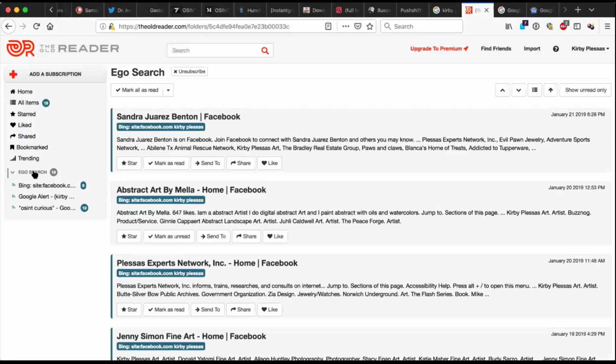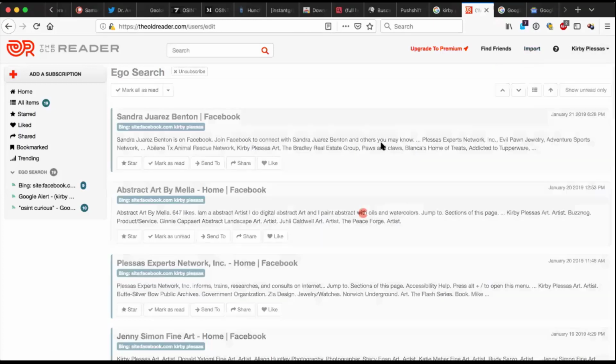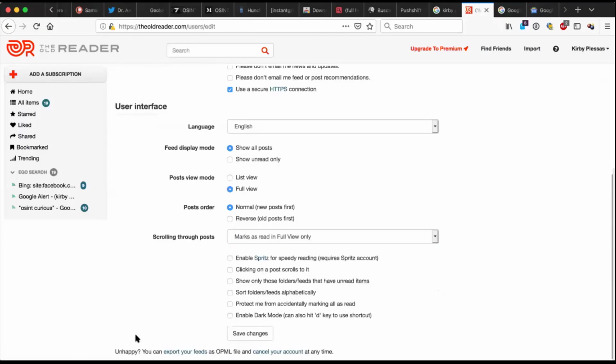Yeah, you can share your feeds as well. So one of the things that I have been debating is curating my feeds down a little bit and sharing it. So in the case of the old reader, in the upper right corner, we've got the little import button, so you can import somebody's feeds. But if you go to the settings, so I'll click on my name and then manage settings. At the very bottom, they have something that says unhappy. You can export your feeds, and you don't have to export just because you're unhappy, but you might want to share them. So I can export my feeds as a very small OPML file, email it to anybody, text it to anybody, whichever, and they can open it up and pull in my feeds, and it'll stay in the same folder set as I have already. So I have debated exporting a chunk of my 2,000 feeds to anybody who's interested.